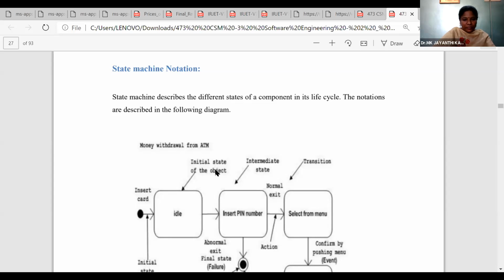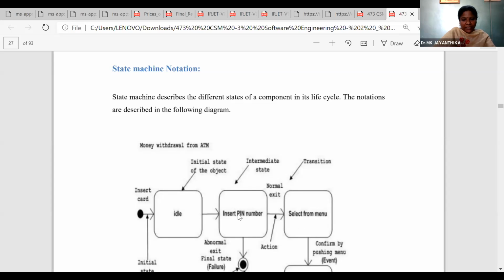Then it displays a welcome message. Then it stays in idle state for a few minutes. Then it asks you to insert the PIN number. You enter the PIN number. If the PIN number is correct, it goes to the next state. This is the initial state, the intermediate state, and the final state.